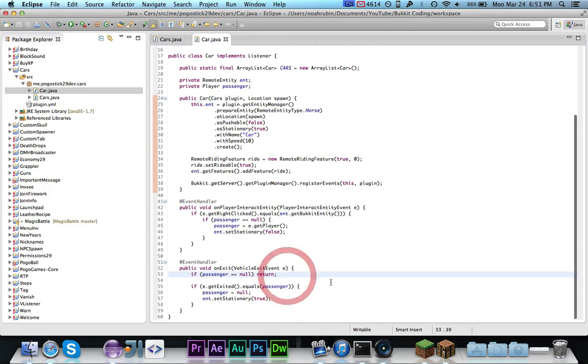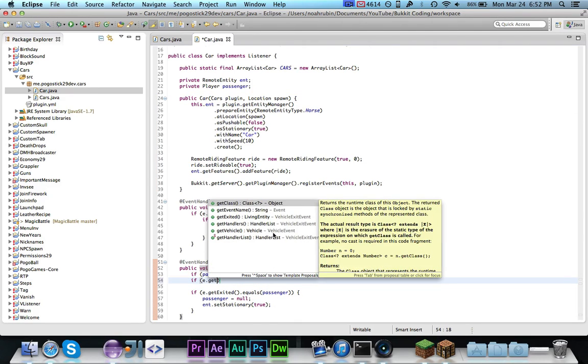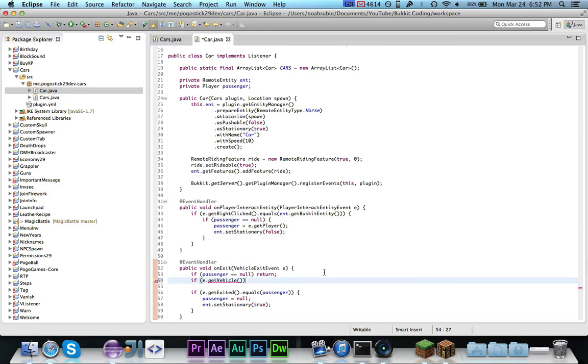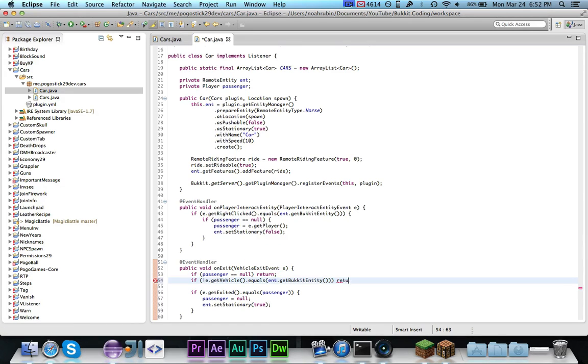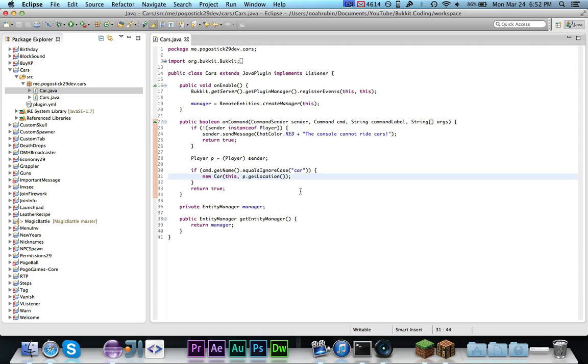And one more thing that we want to say is if !e.getVehicle().equals(ent.getBukkitEntity()) return. And is that going to give us an error? No, it won't. Basically, we're just saying if the vehicle that was exited is not this. I guess it's kind of redundant to have both of them, but we'll leave it in there. So now we have the command that does that, and the last thing that we need to do is